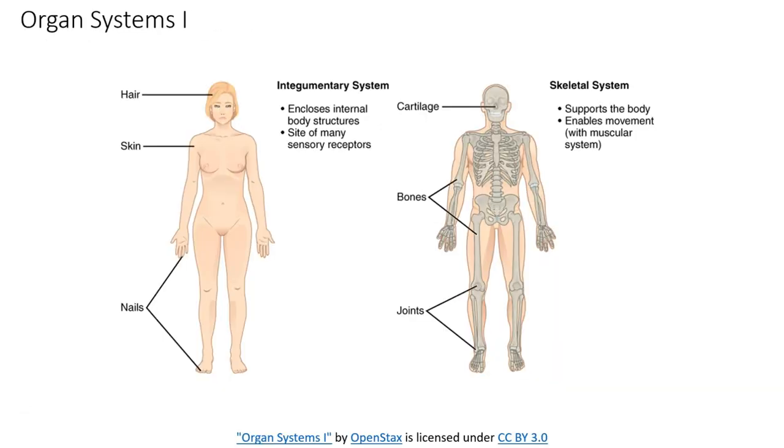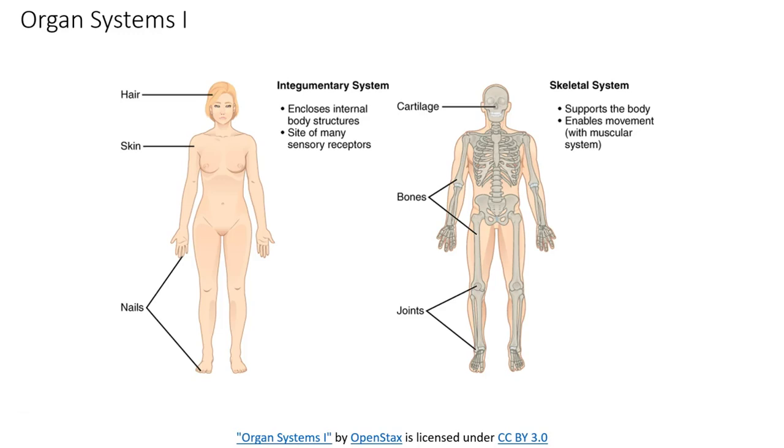All right, so let's go into a tiny bit more detail about the different organ systems in our body. Again, there are 11 different organ systems. We will go into more detail about each of these organ systems throughout the semester. We'll do kind of a deep dive into them, but just as a quick overview right now, first we have